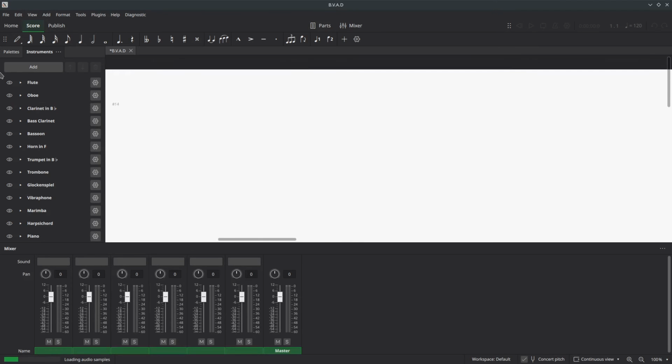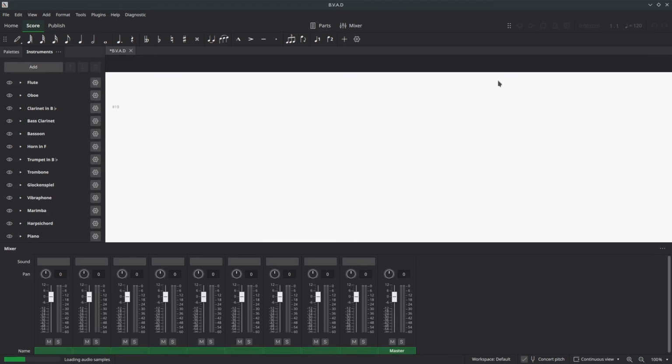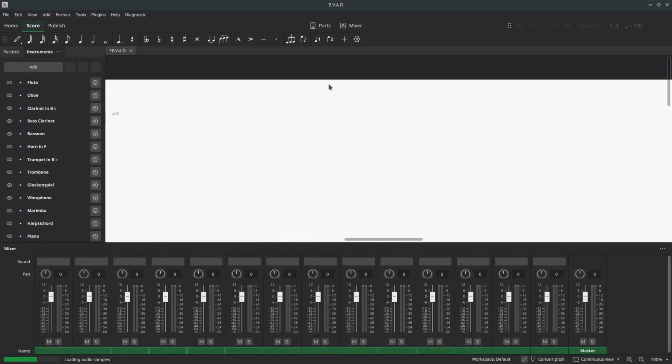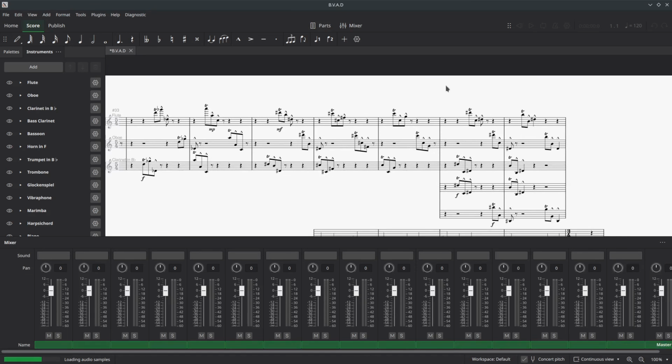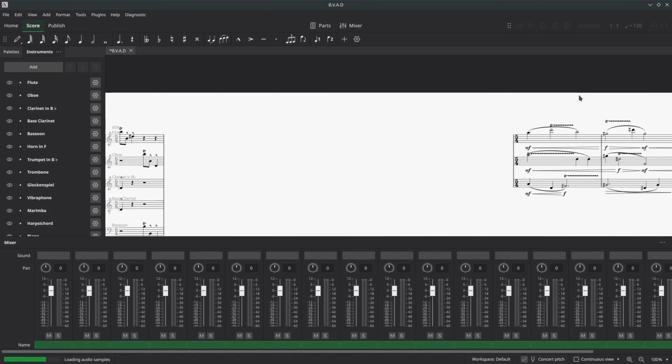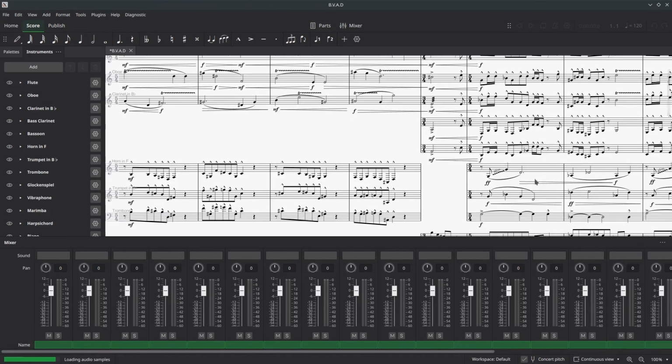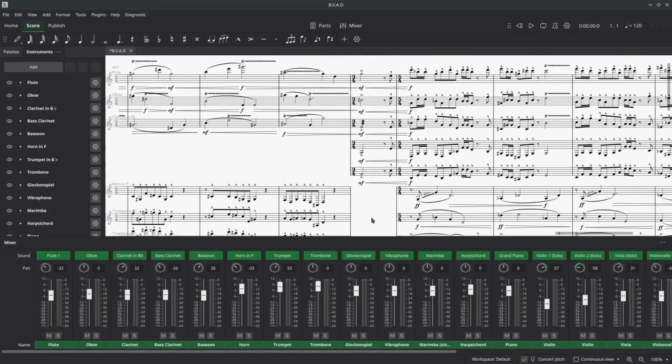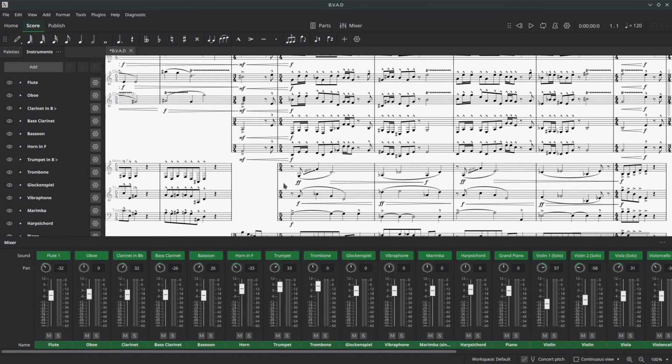What do you do? Well, the hacky answer to that is you select the measure before the corruption. You go through the corrupted area. So here's the problem area. I don't want it to crash again. But what I'm going to do is select over here. Let's say I need to edit a note that's here. If I click on that note to edit it, to move it, to change it, add an articulation, whatever, it'll crash the program. What I need to do is select over here on a measure that's clean, select through the measure,